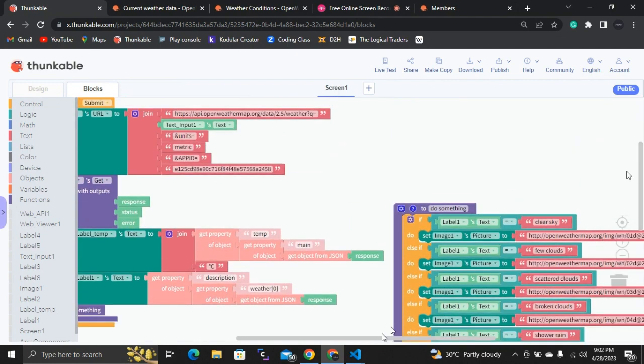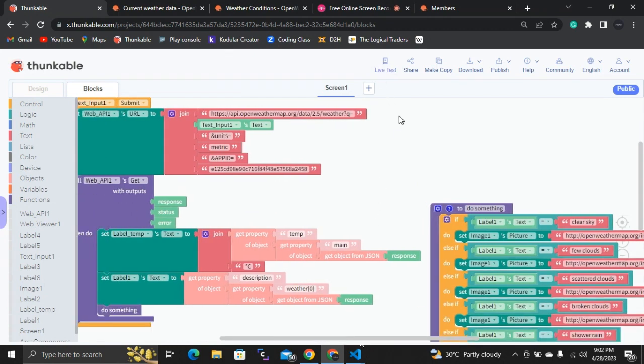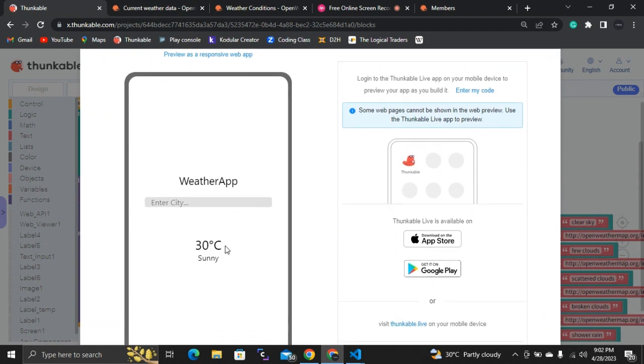Now if you live test this application, it will work. So let's do that. Let's click this live test button, and you can see this default label. If I search for some cities like Mumbai,